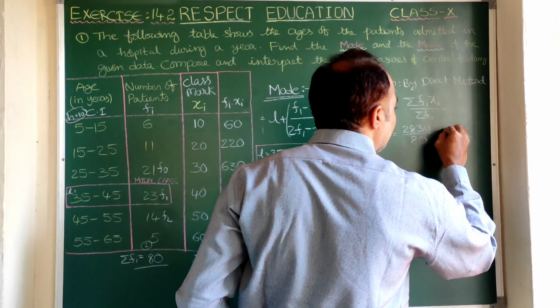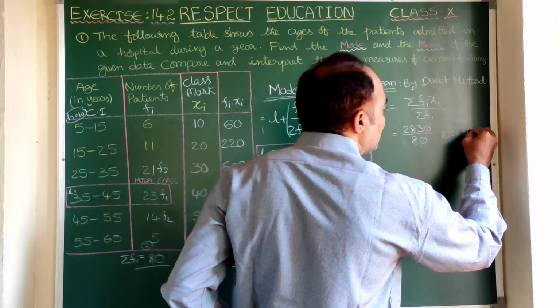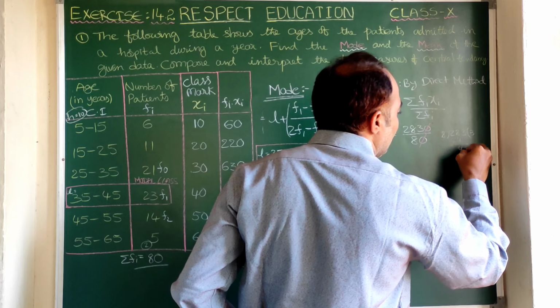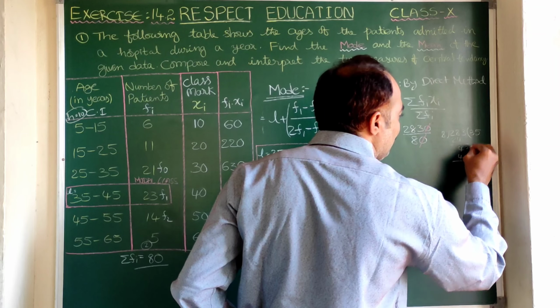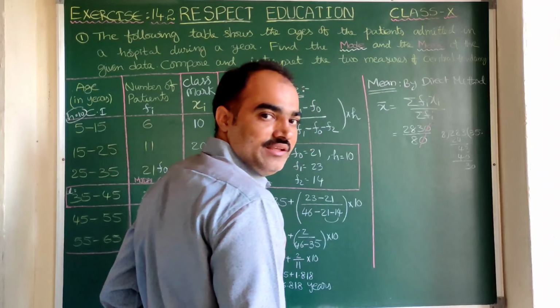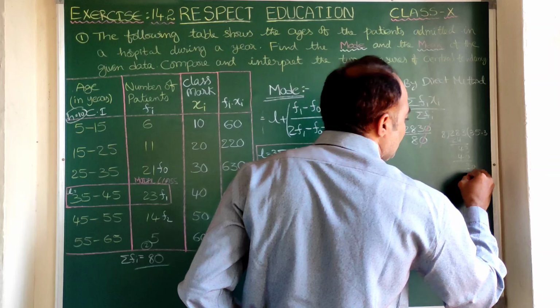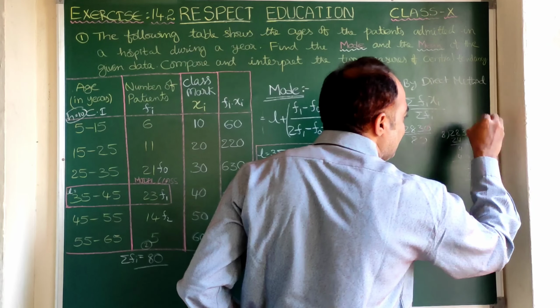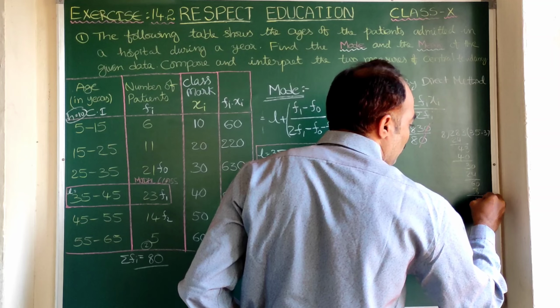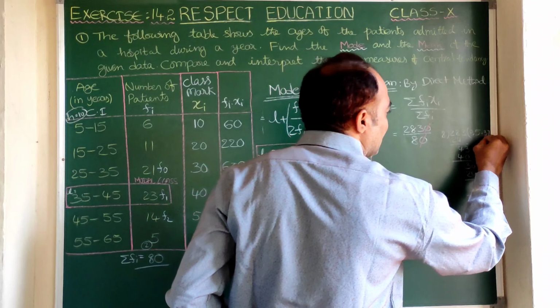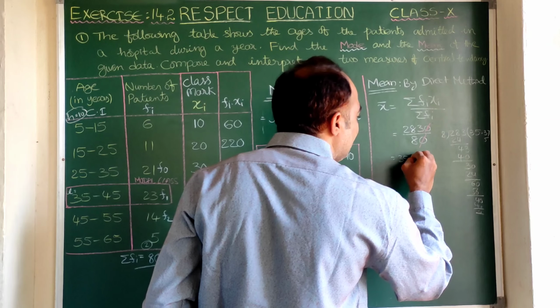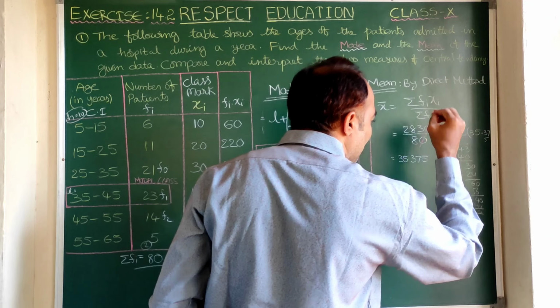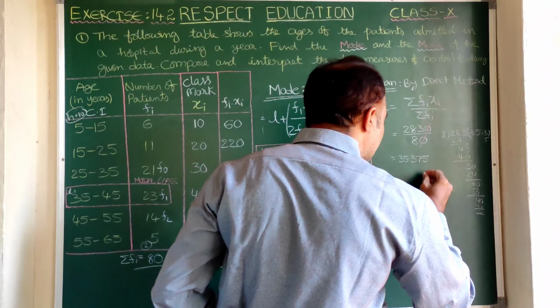283 with 8, right? 8 3s are 24. So here 4, by dropping 3 will come here. Again 8 5s are 40. Now here on subtraction 3 you will get. You keep the point here, 0 will come. Clear? Again 8 3s are 24. Here 6 is there, so 60. 8 7s are 56. So here 4 means 40. So 8 5s are again 40. Clear now? So here what we get is 35.375. As the class interval is again in years, this also will be in years.